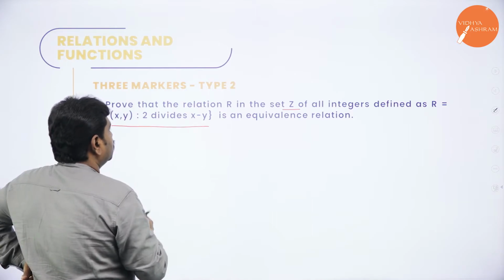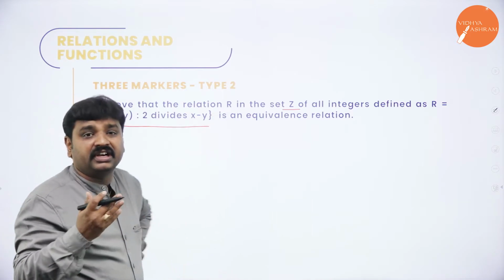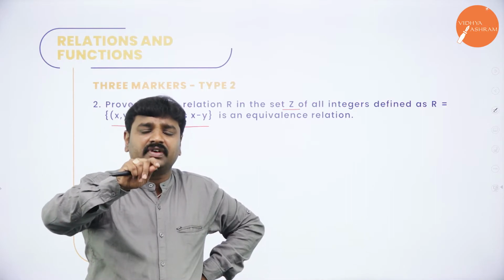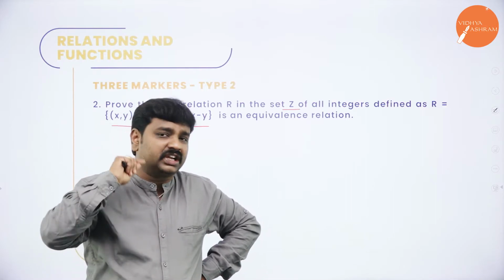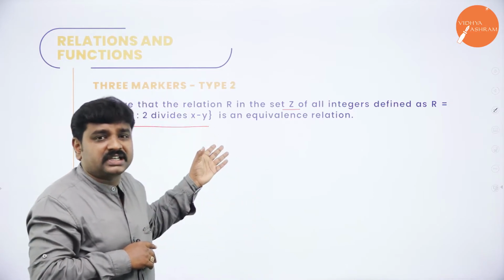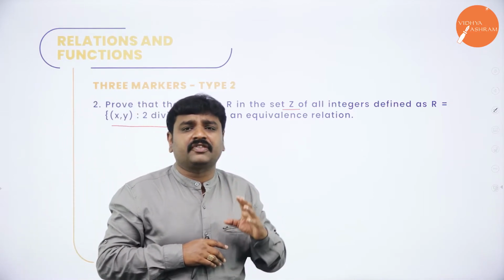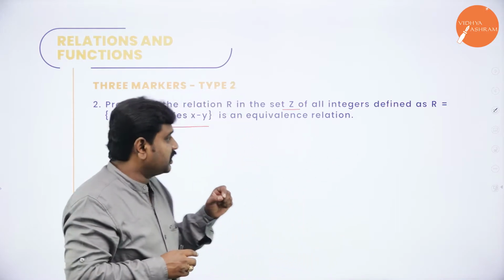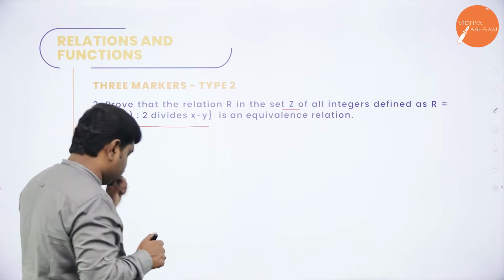Now here the set of integers is not a finite set, so I can't sit and write all the elements. Last case, I took a set A with 5 elements or 6 elements or 14 elements, which is finite, so I could write R. But now my set is Z. Z is what? Set of integers. All of you know set of integers is an infinite set. I can't sit and build the set. So whenever an infinite set is there, we just generalize.